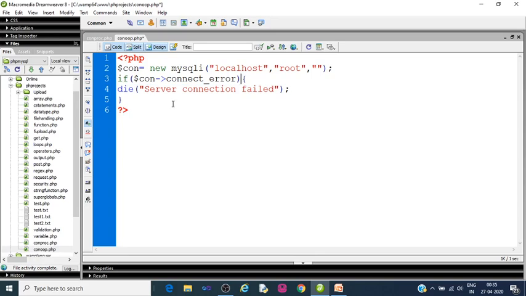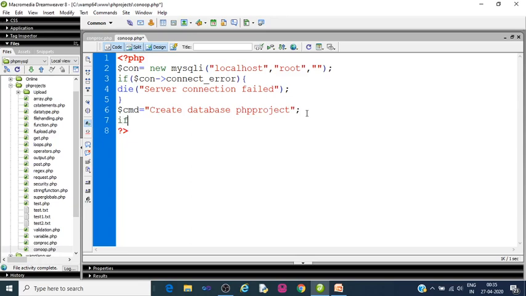Now, server connection failed. If this connection generates connect error, then now we'll write $cmd is equal to create database PHP project. I'm trying to create the same database which I have created using the procedural method.